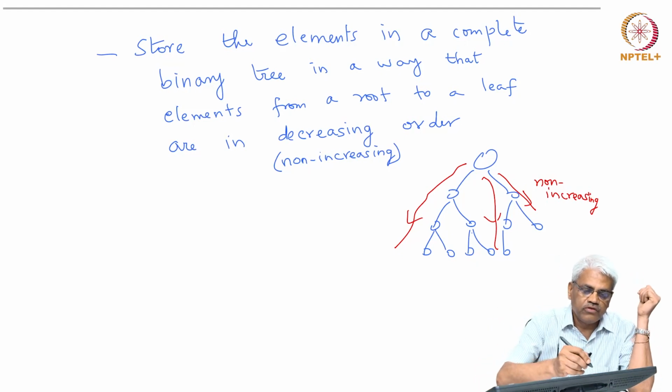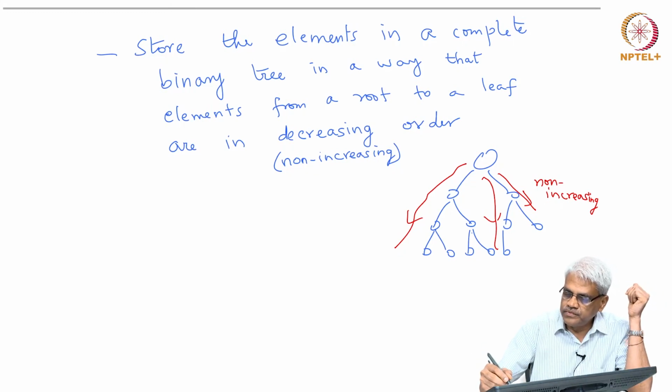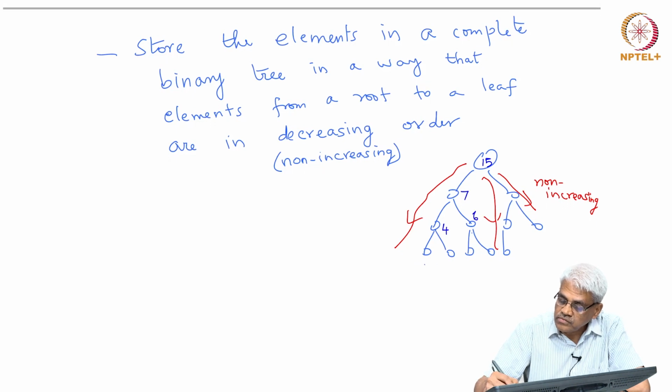So, I will give you an example of a set of elements I am going to store like this. As I read from root to leaf, elements should be in non-increasing order. That means, if all elements are distinct, that's in decreasing order. For example, I might store 15 here, 7 here, 4 here, 6 here, 3, maybe 3 here,